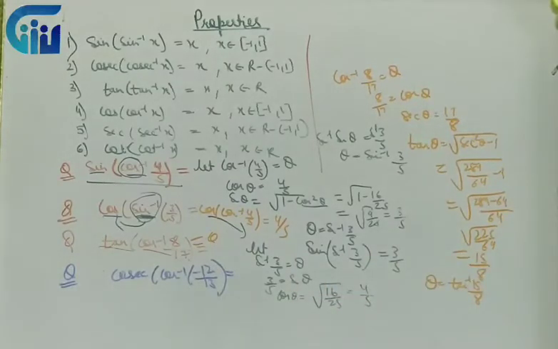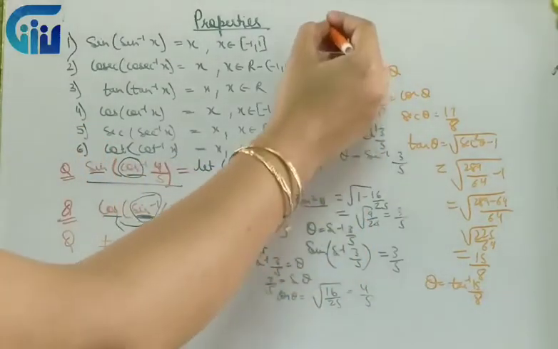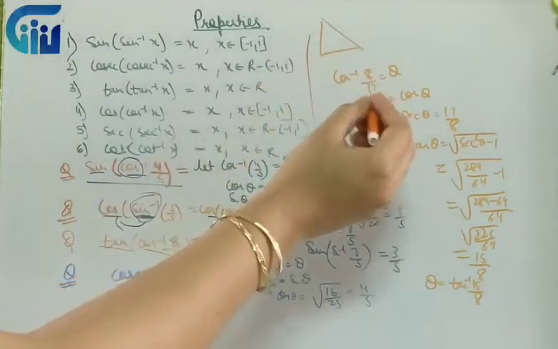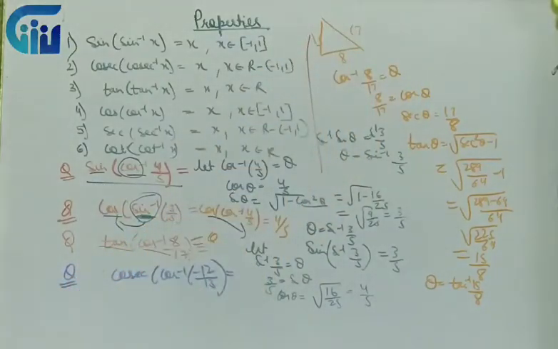This is the correct way of doing an exam as well, because if we can do it this way also, in many of the books you'll find it written like this. It is mostly written as this. If cos is this, so cos means this. So by Pythagoras theorem we find it like this and we can find the other angle. But we will not be using this procedure. This is not a valid procedure. By this way you can cross check your answer definitely. But for exams you have to write it this way, where you have to apply the identities and then only you have to solve it, right?